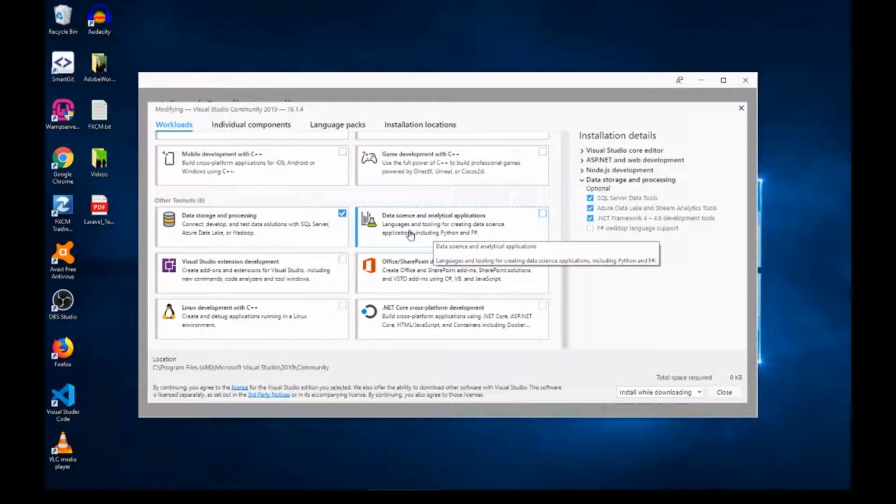there is an optional workload, that is data storage and processing. This workload I have put here to create a local file database so that we don't need to use an actual database, which will keep